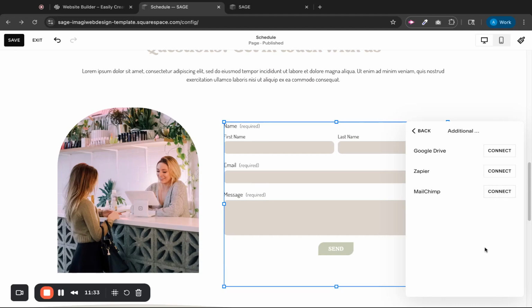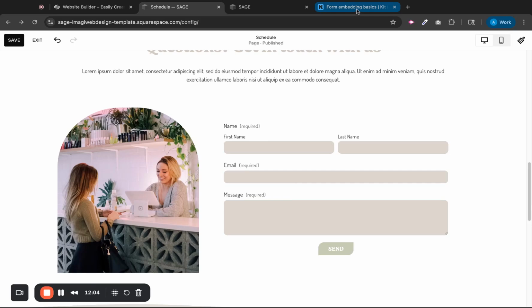If you're using a different email marketing tool like ConvertKit, Flodesk, or ActiveCampaign, or anything else, the process is a little different. In those cases, you create the form inside that tool, grab the embed code, and paste it into Squarespace using a code block. This way, all signups go directly into your chosen platform. For example,